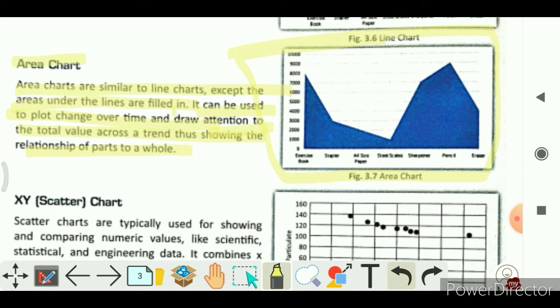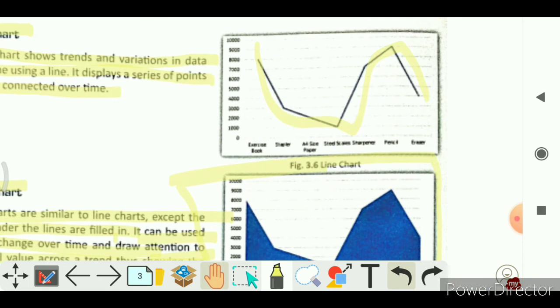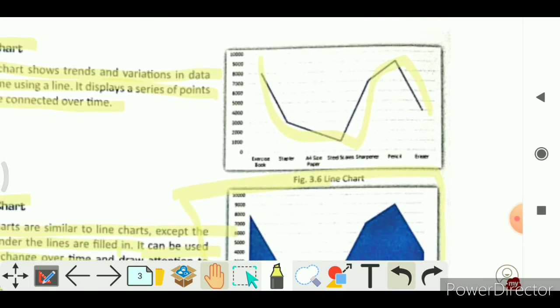It means this is similar to the line chart, but here the value under the line chart is colored, right? So when we draw a line chart and we color the lower area, then this